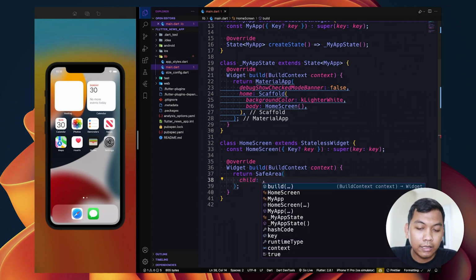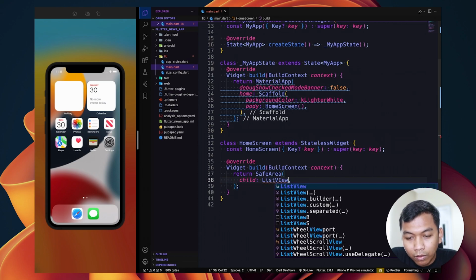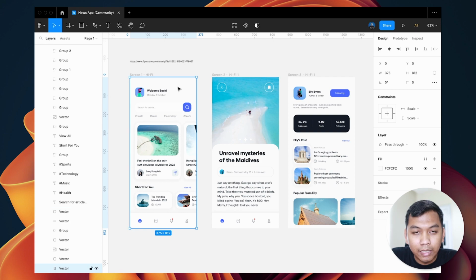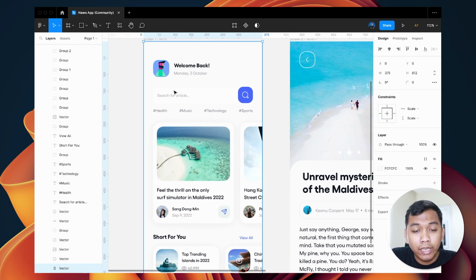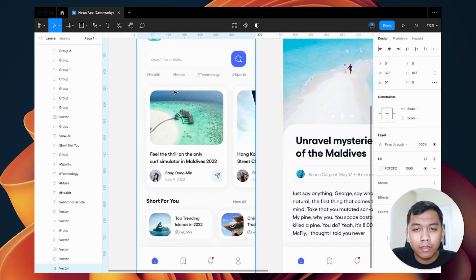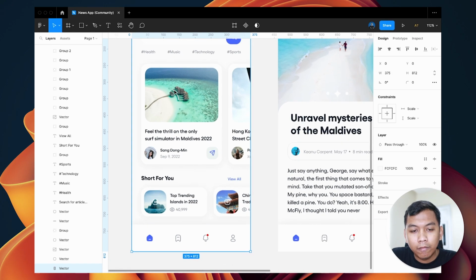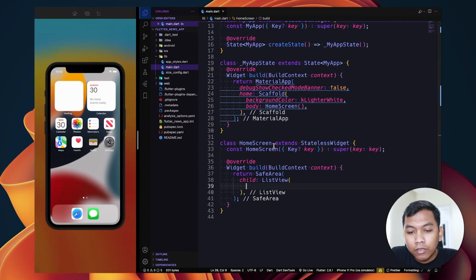And for the child we use ListView, because as we can see this home screen has multiple components, or multiple widgets as we say in Flutter. From the top we have the user profile picture, and on the right we have text, and below that we have a text field, below that we have something like tags, and then we have a horizontal list view, and so on. So we can use ListView.